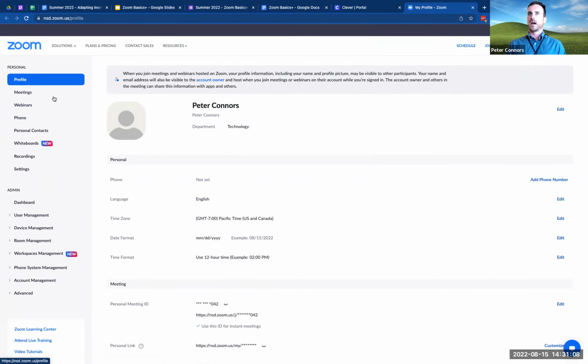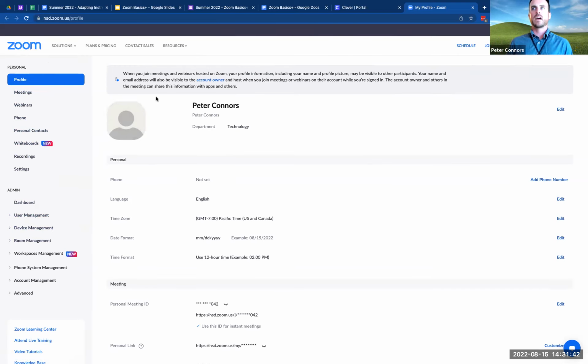Usually when I'm coming into the app, it's because of these things over here. You'll see that there's personal and there's admin. You're seeing admin just because of the privileges of my account. You'll just have personal. And really the difference here is that with admin, you can apply some of the settings that we're going to do individually today in our own accounts to groups of accounts. So it's really the same thing down here, but on more of a blanket pattern.